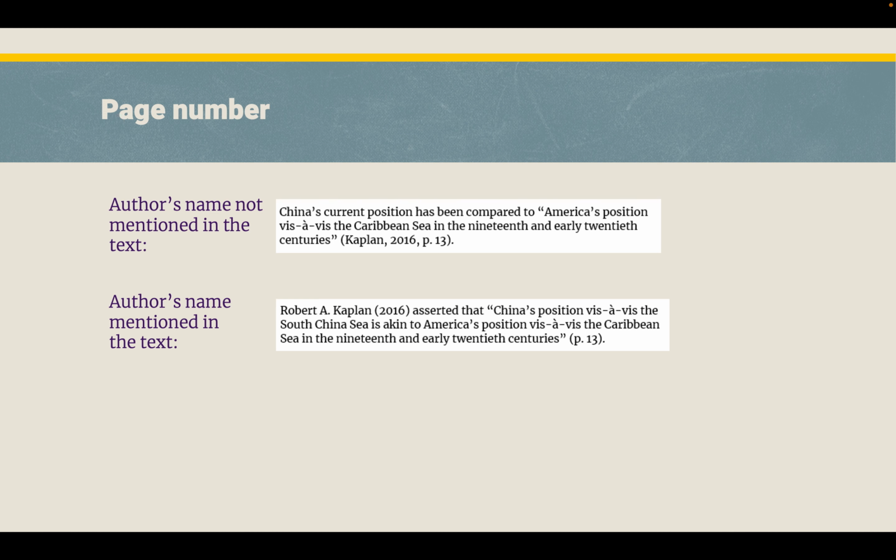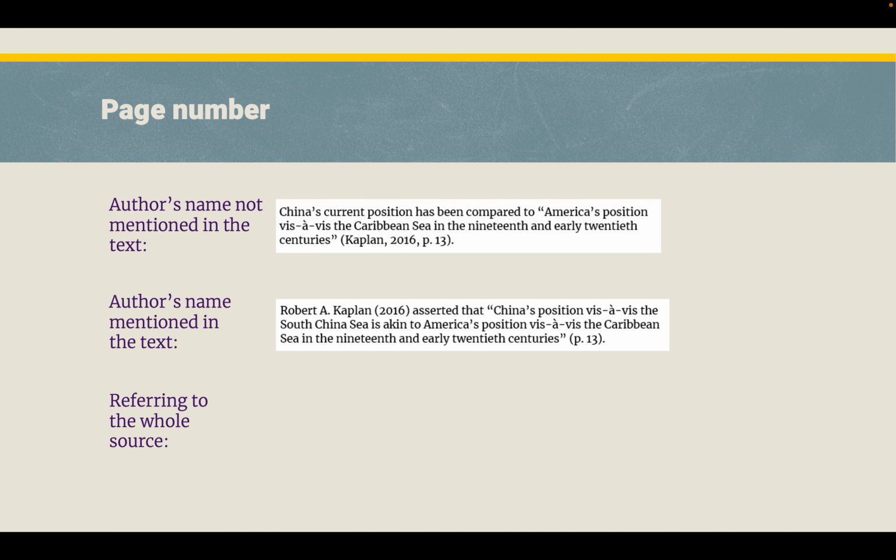But if you're using a print source, if you're using a book or even an article that you obtained online but is part of a PDF that has page numbers, then you should always include the page number so that somebody could go find that quote if they wanted to. The page number always, always, always appears at the end of the clause in which the quote or the reference to the source occurs. Okay, so notice here that even when you change your strategy with regard to the author's name, the page number doesn't move. However,